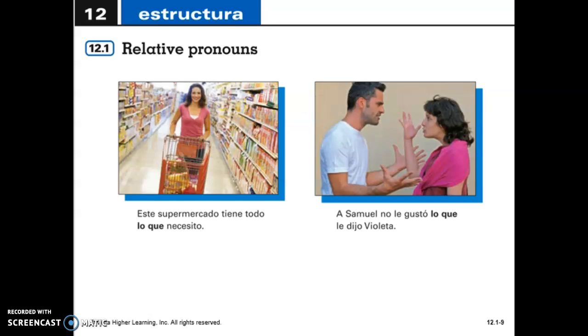So it is connected in there. And here we have just a couple more examples. Este supermercado tiene todo lo que necesito. It has everything that I need, and a Samuel no le gustó lo que le dijo Violeta. I don't know what she said, but he didn't like it. So those are two more